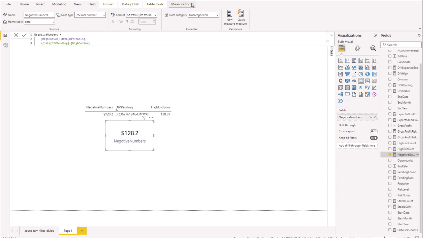So to get here, we want to click on Measure Tools, and then you see Format right there. Let's focus in on that. So that is the format that you want. I'll read it off to you in case you can't see it very well. So this is $#,##